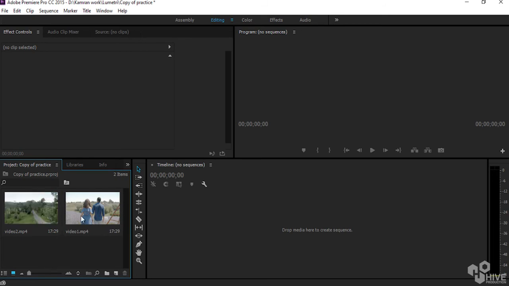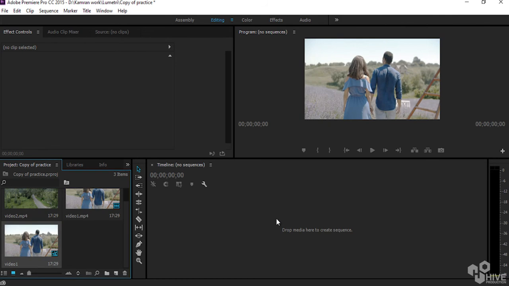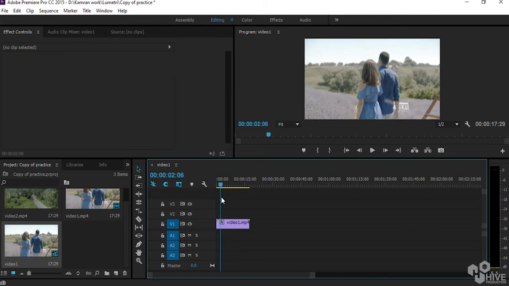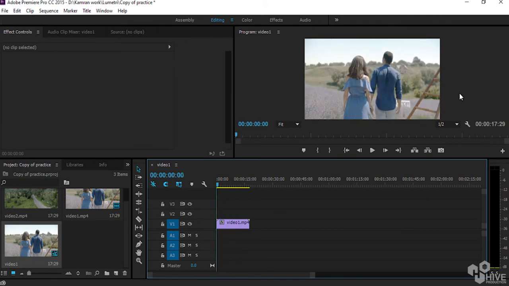Furthermore, for treating this file, you just need to drag it to this side. This side is called my timeline. As you can see, these blue lines are my time panel and this is my time marker. Here is my composition, or you can call it a sequence, and whenever I click this video, you can find the effect controls.